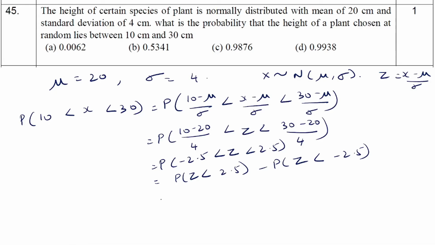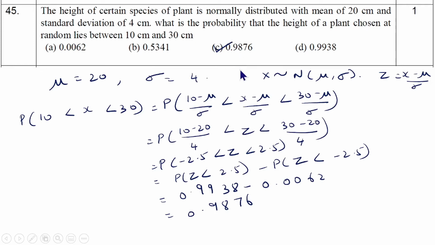So this is equal to 0.9938 minus 0.0062, which is equal to 0.9876. So the correct option is option C,